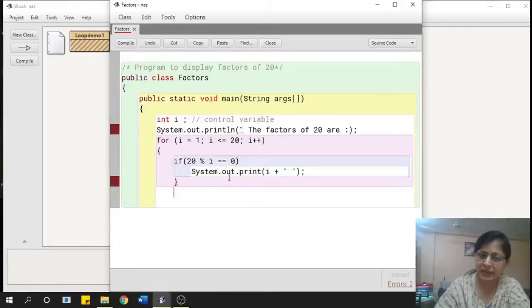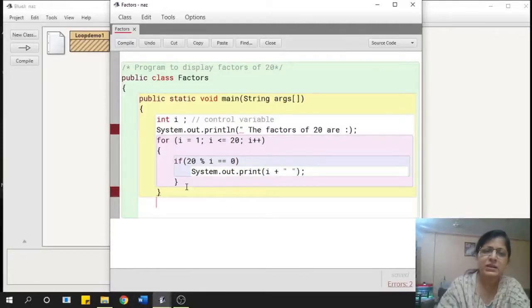That means when i reaches 20, we will have all the factors of 20 printed over there. Okay, so let us check this out.